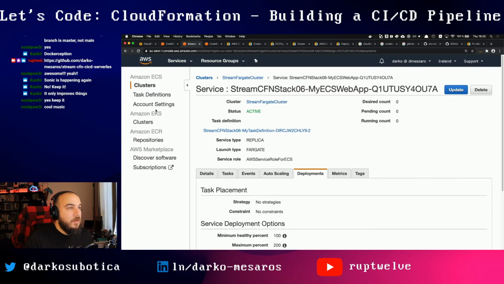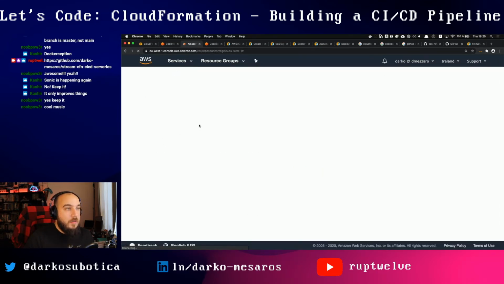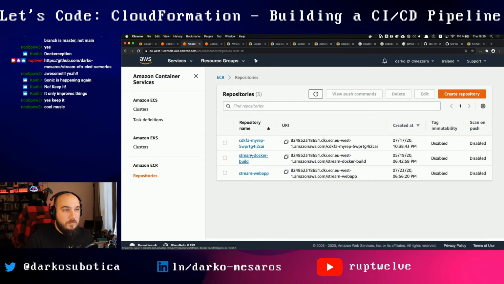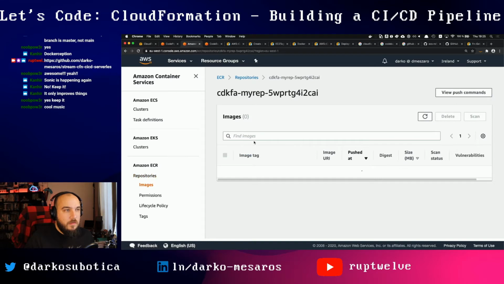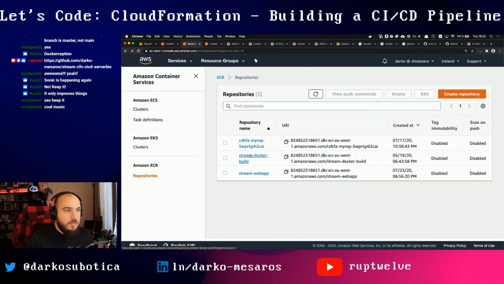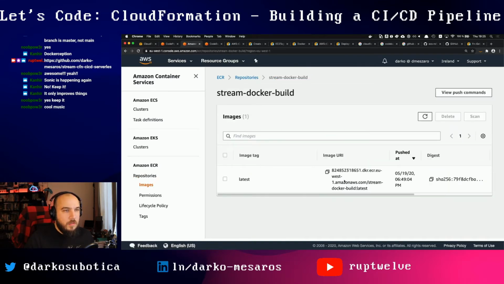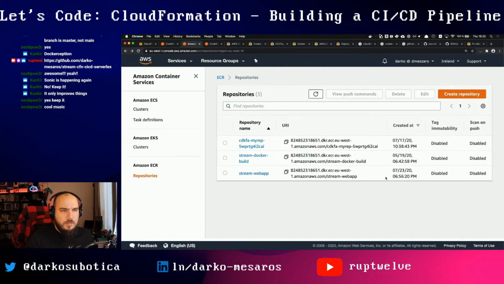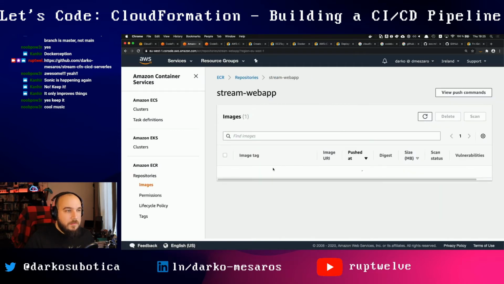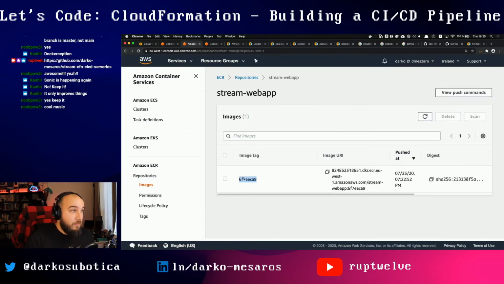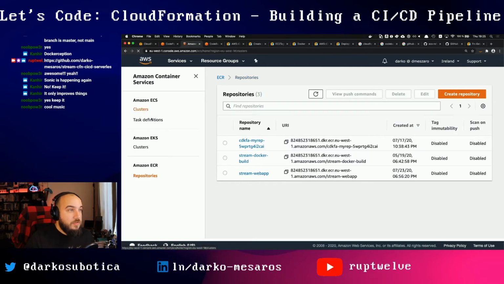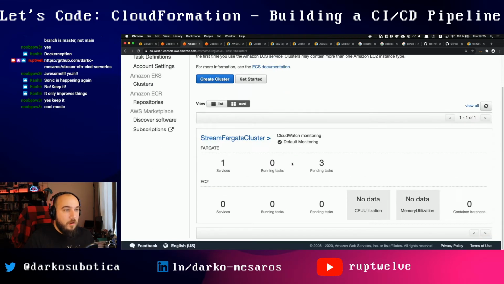ECS here and our repositories, you will see that I have a repository here called stream. Is it this one? It's this one, yes. CDK. No, it's not this one. It's this one. So this is the one we've built. No, is it this one? No, this one. So stream web app. Yes. So we have the latest image here pushed right now, and our cluster that we have here can have